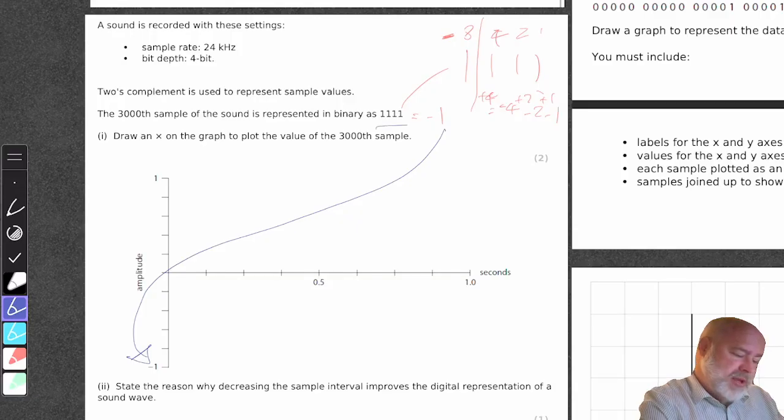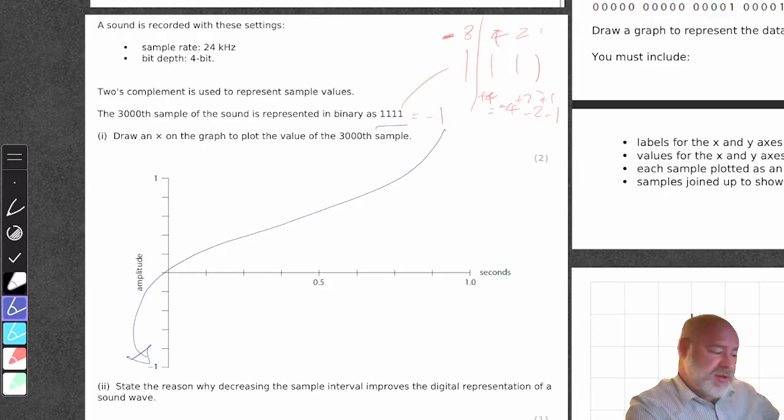Hence the 4 bits. 2's complement is used to represent the sample values. The 3000th sample of the sound is represented in binary as 1111. Draw an X on the graph to plot the value of the 3000 sample. So you just need to mark one thing on the graph, but you obviously need to first of all know